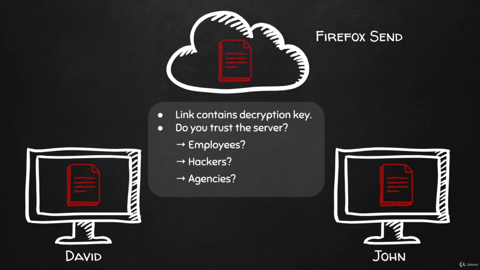So the main problem that we're facing here is the way these file sharing services are implemented, not a problem with encryption. We will actually talk about how you can manually encrypt your files without relying on code pulled from another server. The main problem that we have here is our file is being stored somewhere that we do not control. Regardless of how this file is stored, whether it's using encryption or not, does not really matter. Ideally, we want to keep our files locally and only share it in places where we have full control. And this is what I'm going to show you in the next lecture.